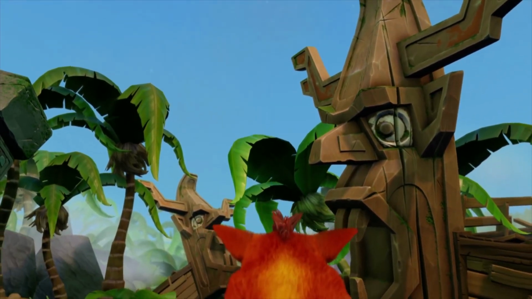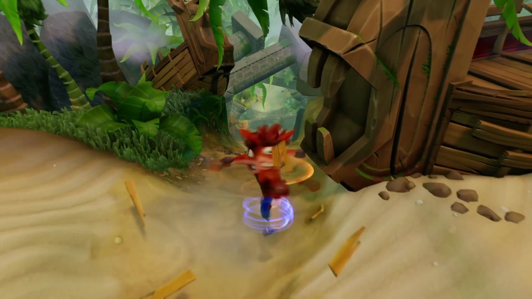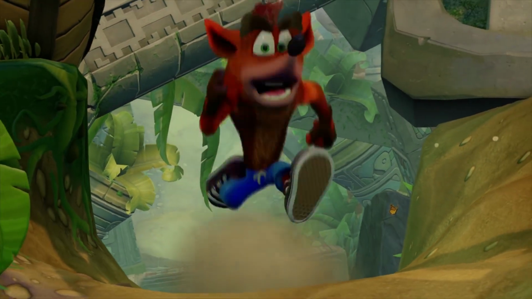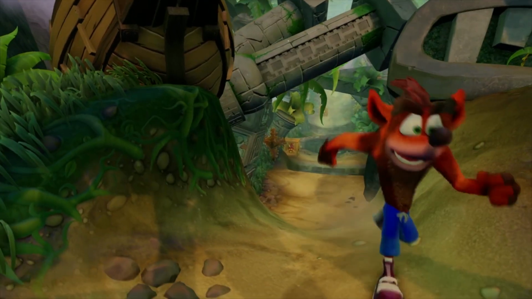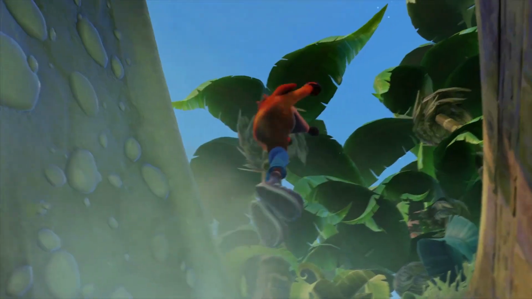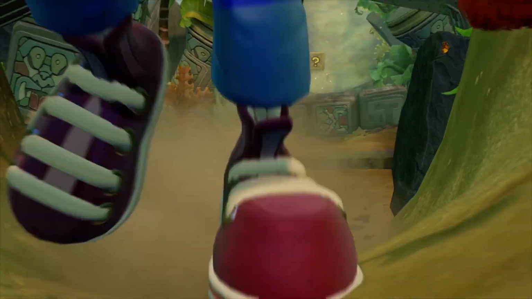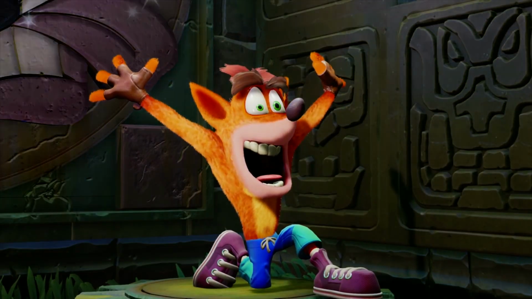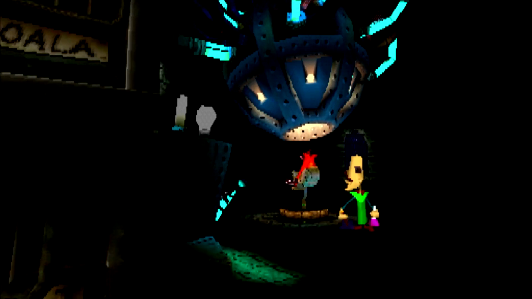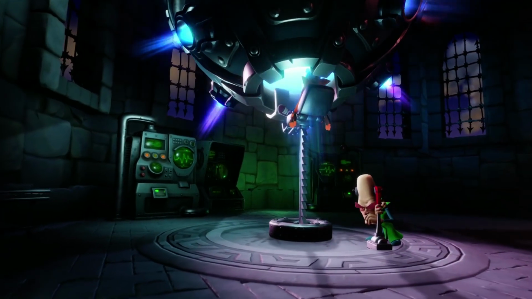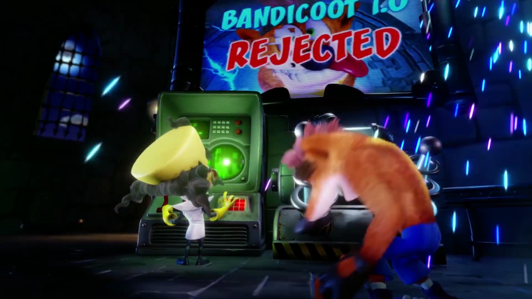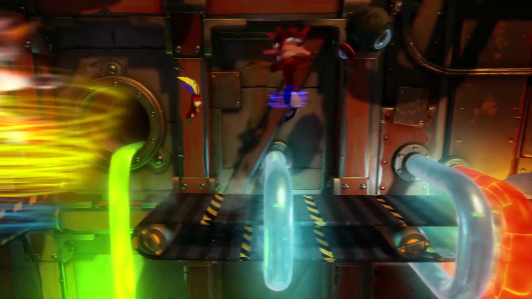Remakes for video games are by no means a new thing to the industry. They've been around for a while, but didn't necessarily become a trendy norm till the Crash Bandicoot N. Sane trilogy came to be, which practically recreated the original 3 games by Naughty Dog in a new graphics engine created from the ground up, while also fixing bugs and overall creating a more enjoyable experience than the original versions